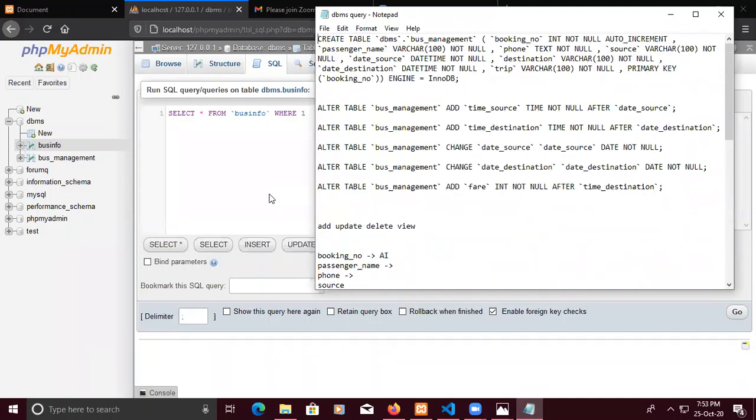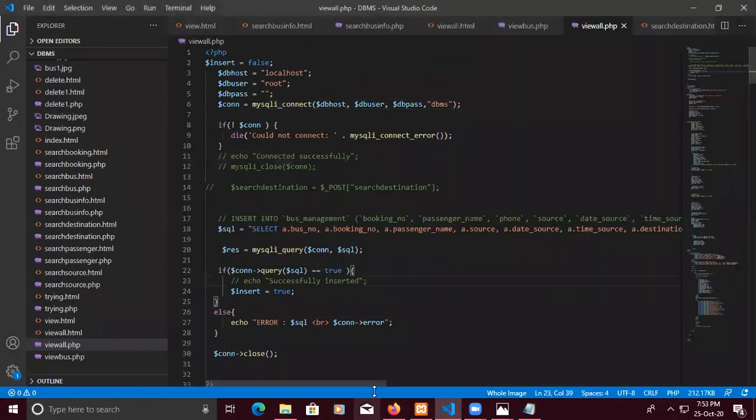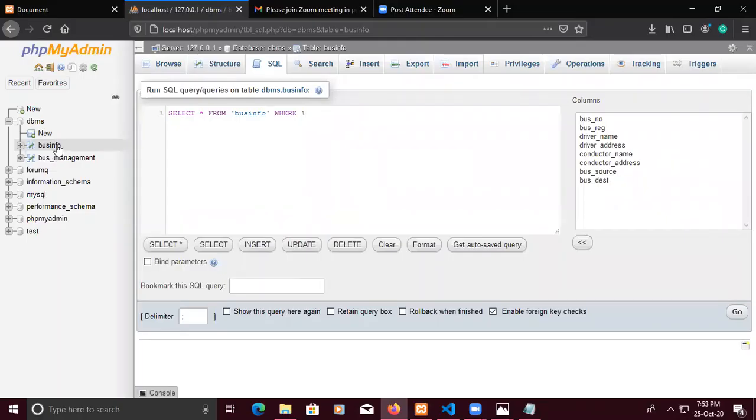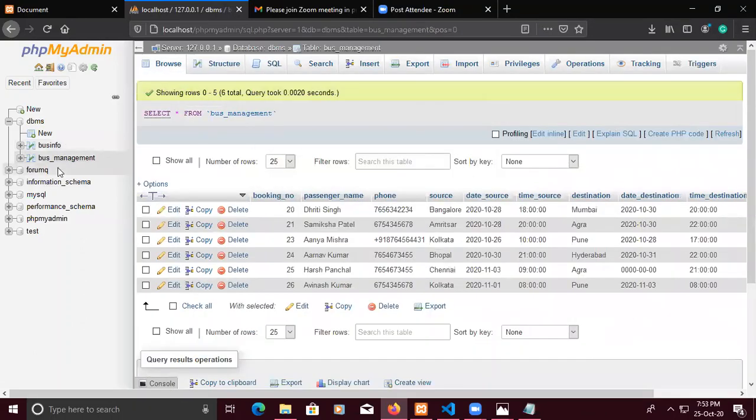And there are many conditions, like I have used the Cartesian product, which joins the board table, the bus info table, and also the bus management table. So all those tables are merged.